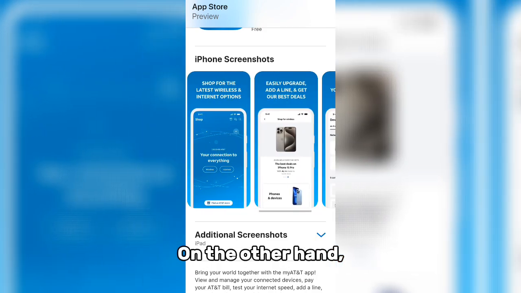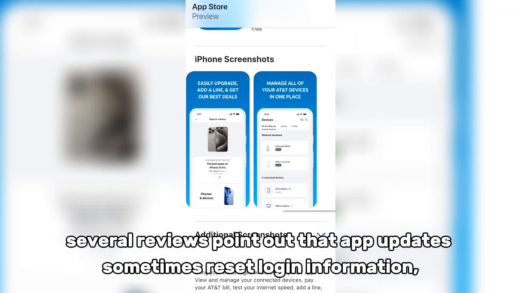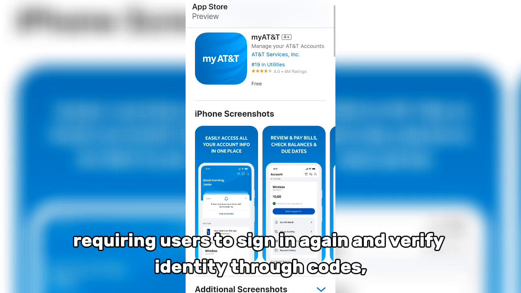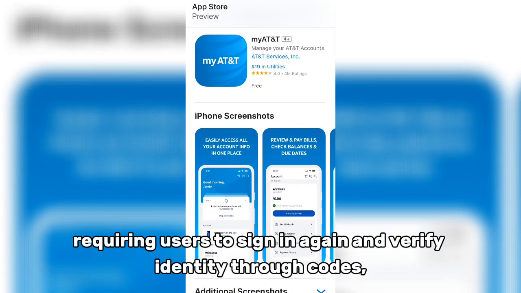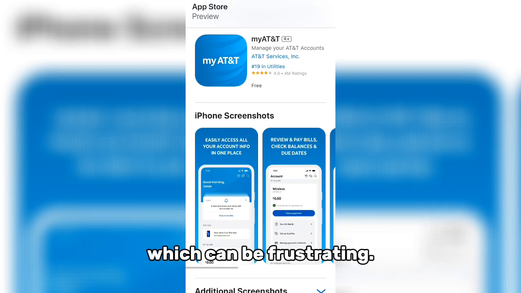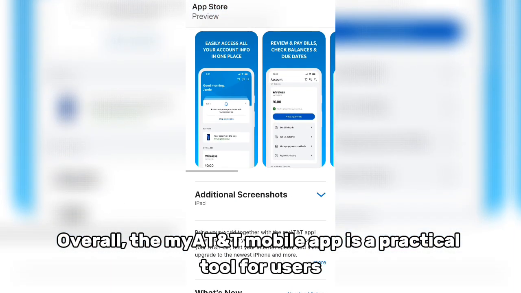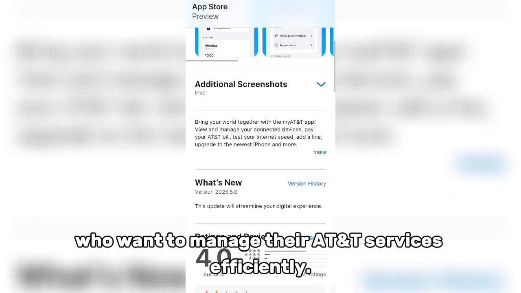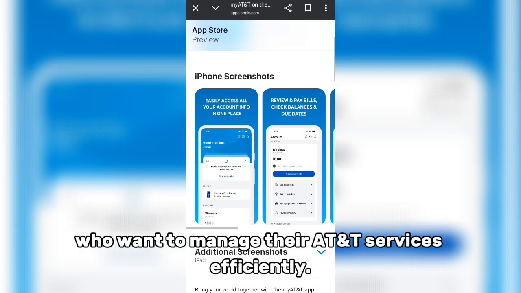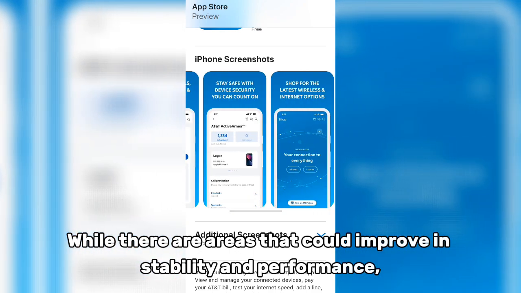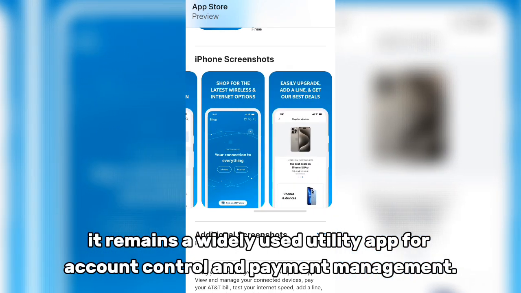On the other hand, several reviews point out that app updates sometimes reset login information, requiring users to sign in again and verify identity through codes, which can be frustrating. Overall, the myAT&T mobile app is a practical tool for users who want to manage their AT&T services efficiently. While there are areas that could improve in stability and performance, it remains a widely used utility app for account